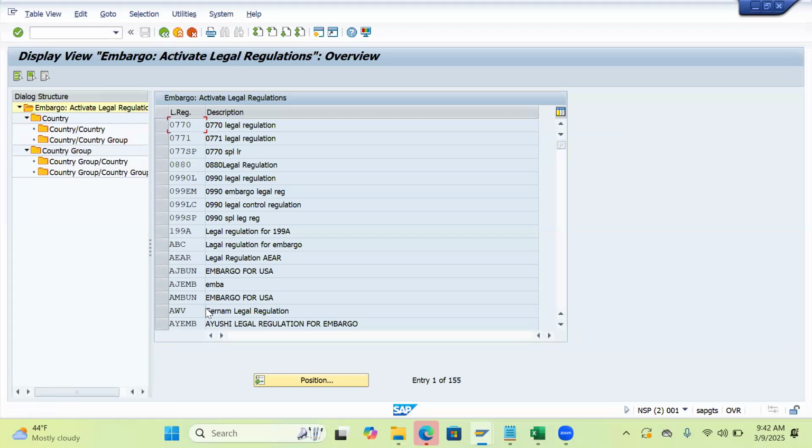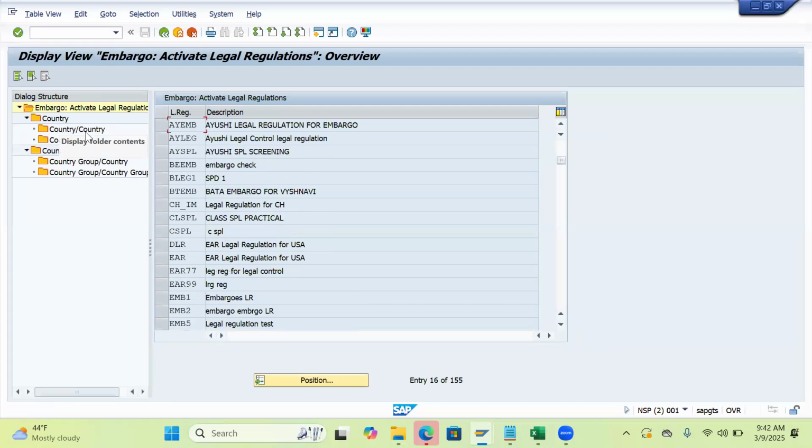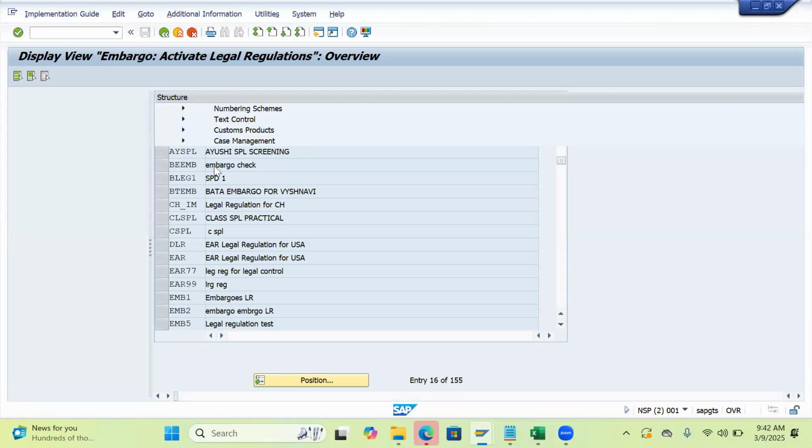अब इसमें से जो भी legal regulation उसको मिलेगा इस level पे, that will be the legal regulation that needs to be followed for the embargo check. ठीक है, इस level पे whatever, अभी वहां पे मैं और भी strategy दे सकता था कि इस level पे अगर नहीं मिलता है तो इस level पे चेक करो, it depends, right, but we have made only this one, this country to country, and that's it. तो इसमें जो भी ये सब legal regulation में जो भी activate होगा, that legal regulation we will be following,